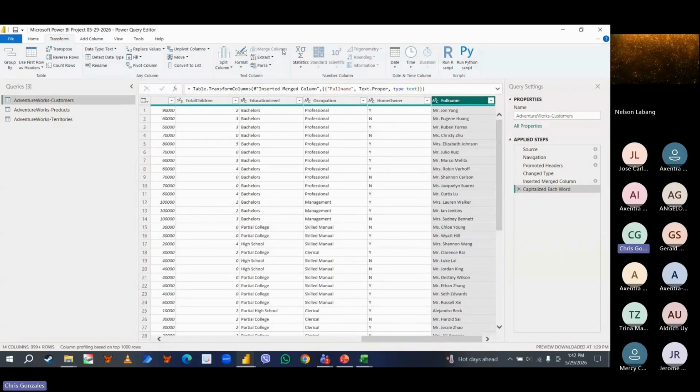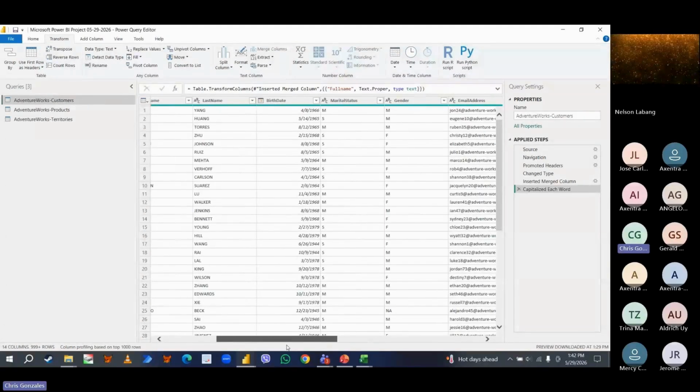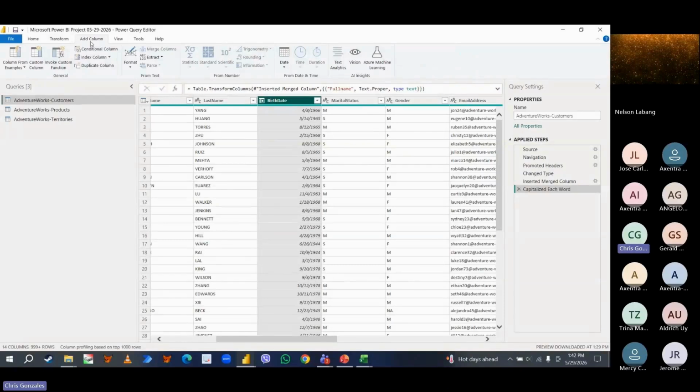Okay, let's have more examples. Still in customer table, the next example is I would like to add the age of the customer. But we only have a given birth date. So how do we produce the age of the customer? Now, in Excel, before, we are using date difference, if you're familiar with the formula. In Power BI, guys, we have here an add column tab, and there's a date button where we can click the age button. Age is basically a column that calculates, by default, date difference.